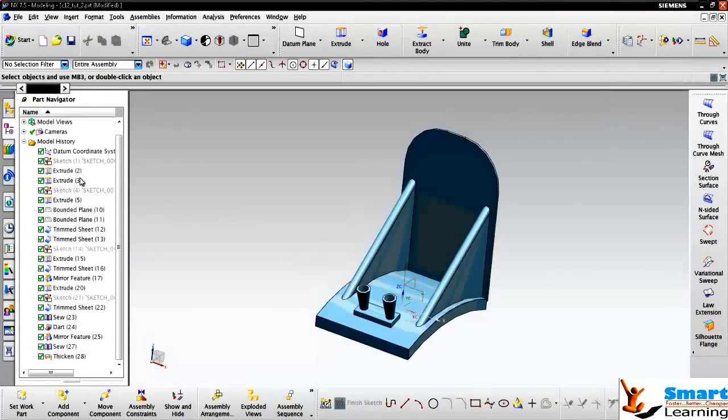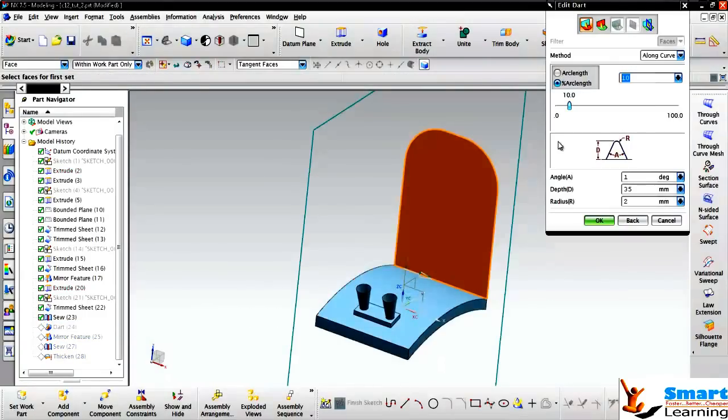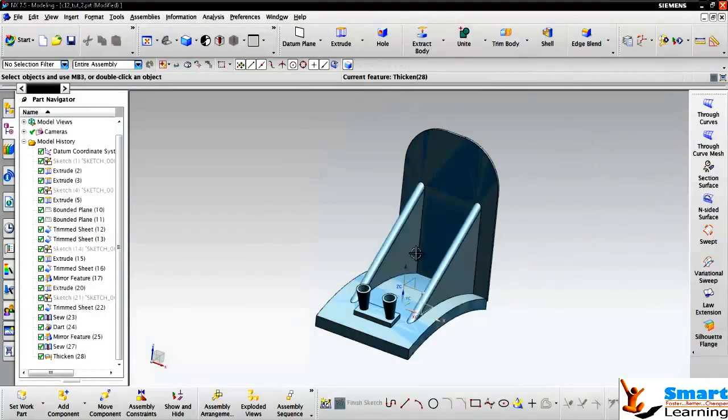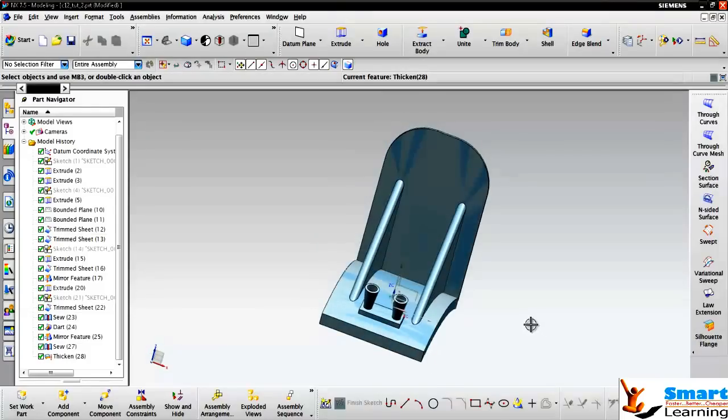If you do anything wrong in between, that feature will be violated. So you have to take care about the trims, sew and dart, so that the mirror instance will be depending on this dart, and whenever you change this dart, automatically, if you see I am changing to this, automatically the mirror portion is going to affect.